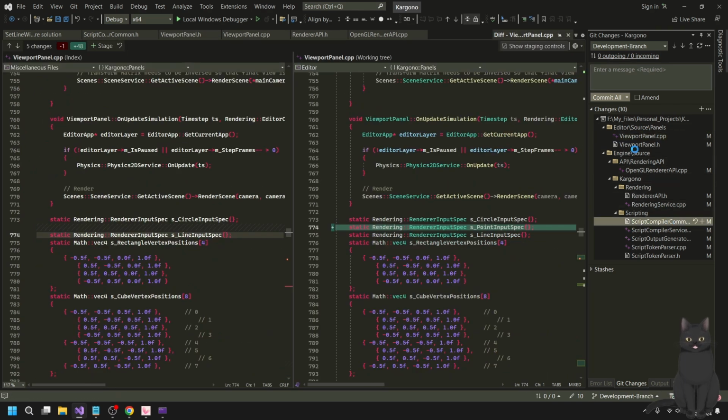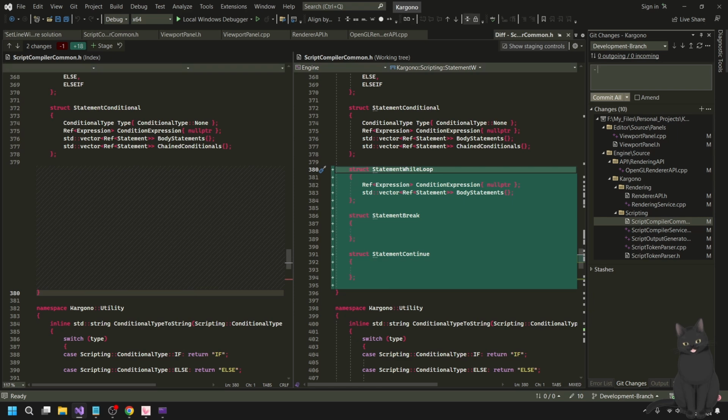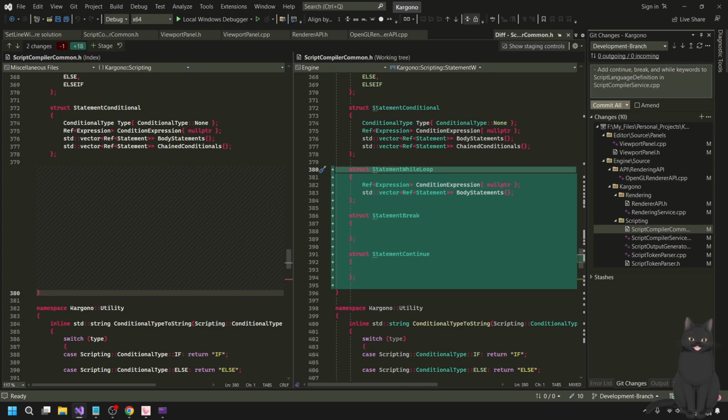So the first thing I added in the scripting part: add continue, break, and while keywords to script language definition in script compiler service. That's easy. There we go.